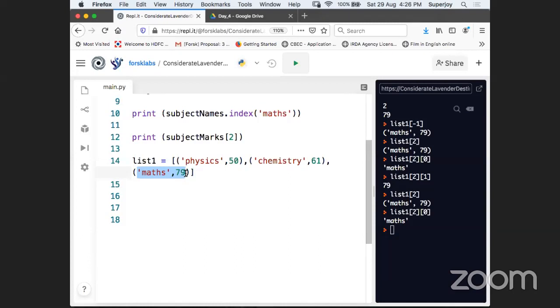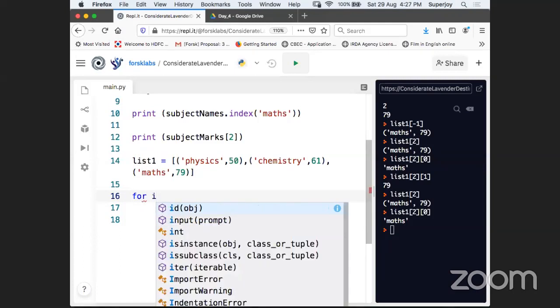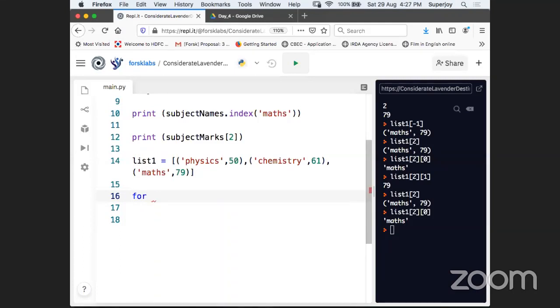So can we do one thing? Obviously, we have to search for the math subject, right? And in that searching process, we will come to know what is the index that we can use to fetch the information. Okay. So guys, can we write something like that? For each, let's say you call this a record.